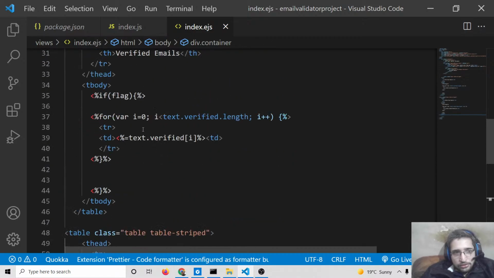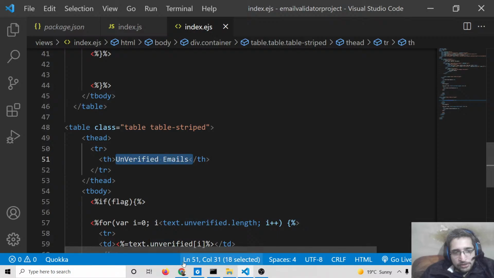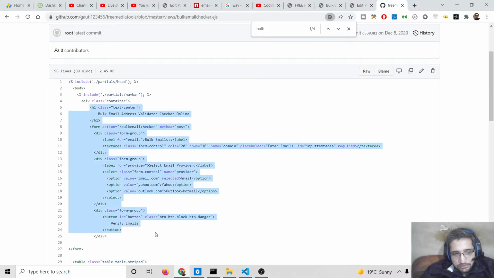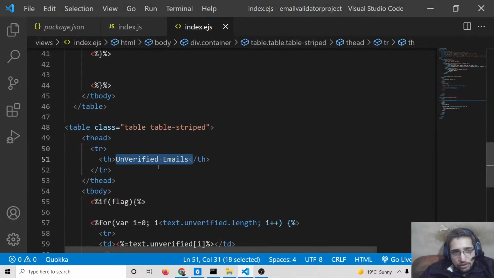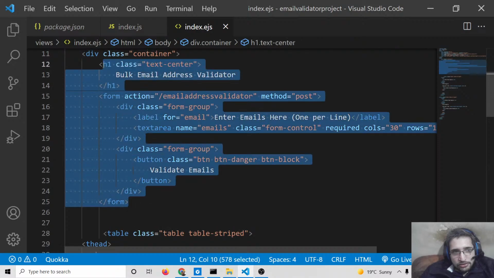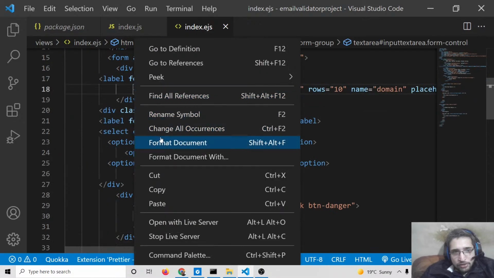Paste it. So this is for the verified emails and this will be for the unverified emails. So here what we need to do is, let me just copy that application. At the end I will summarize how I did it. So you will see if I format the document,